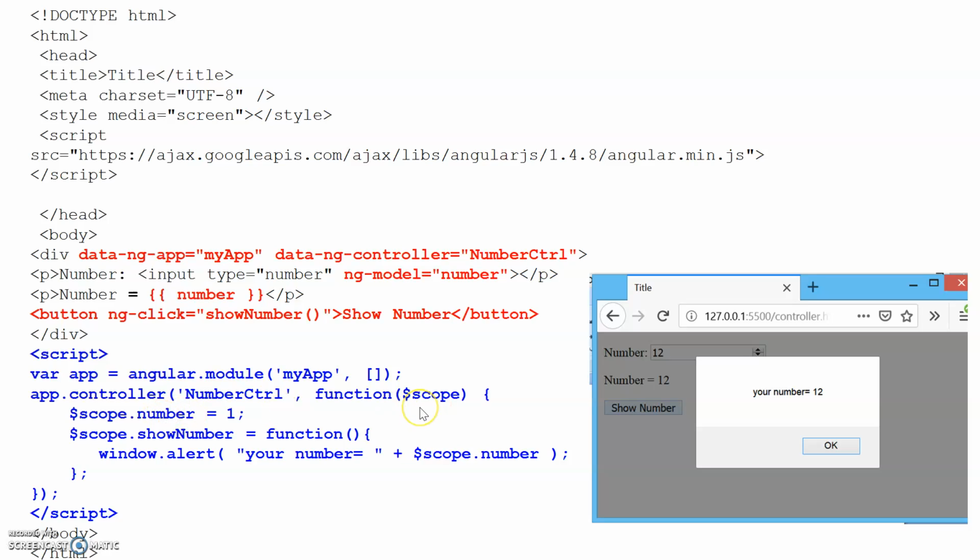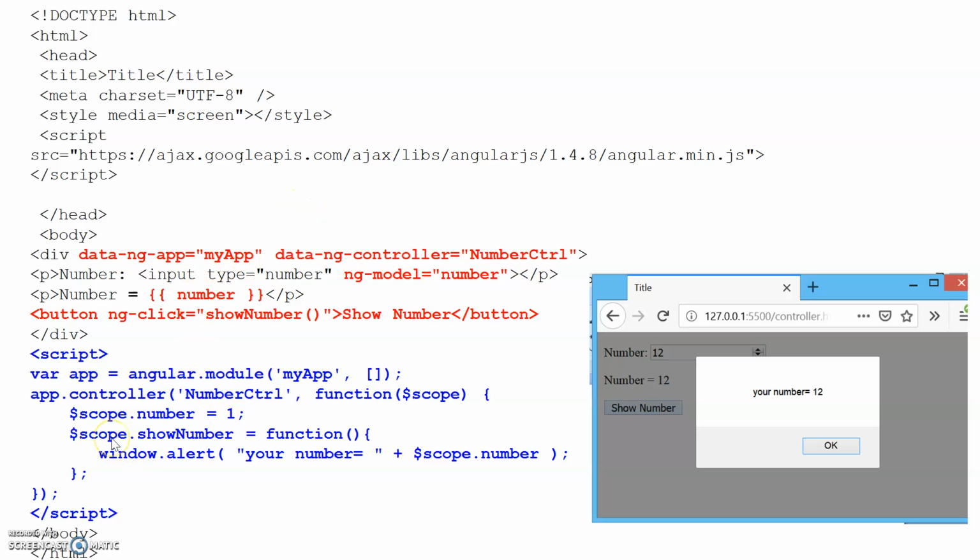With this scope we can access different values within the limit of this controller. So number is the model, meaning the text box, that value we can specify. So this number variable will display the value. After click, this value will be 1. Then this value can be initialized with this variable.